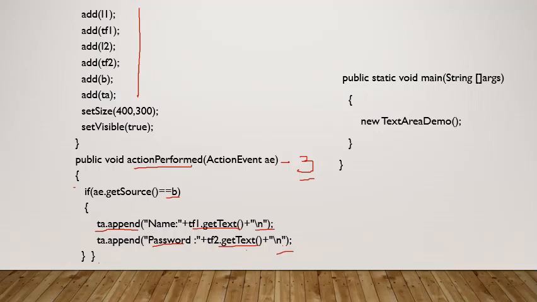Okay, and your method won't be executed unless you write the main method. Just writing the right hand side of the code for creating the object is okay, or else you can write the full code, that is TextAreaDemo object = new TextAreaDemo(). Ultimately this one only is useful. The right hand side of creating the object is also sufficient here, because that object we are not going to use in the second line. Only one line is there, so that's why the object can be created without giving any name.